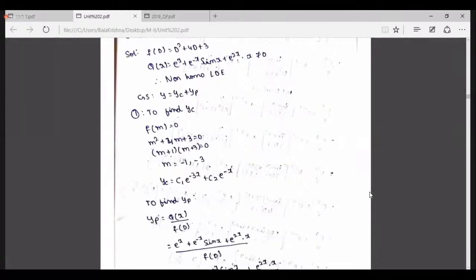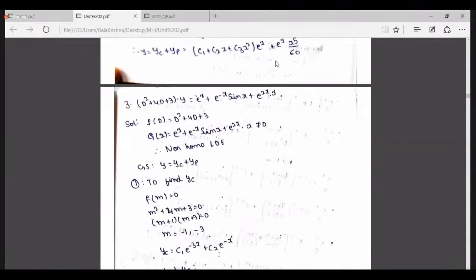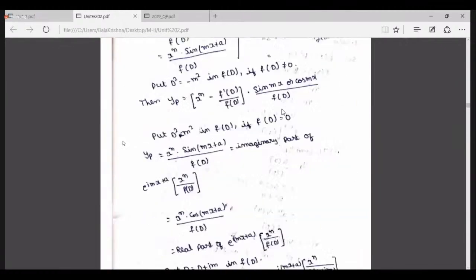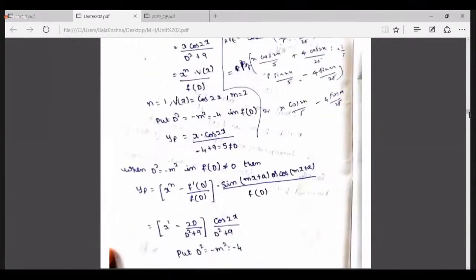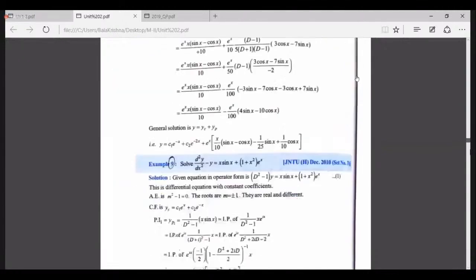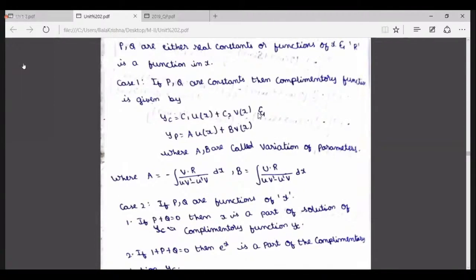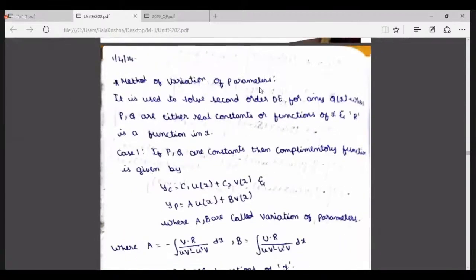Okay, so please try to concentrate more on these type of problems. And in this unit, the next type is method of variation of parameters problems. This is very important. Compulsory you will have a question based on this method of variation of parameters. Basically, it is used to solve